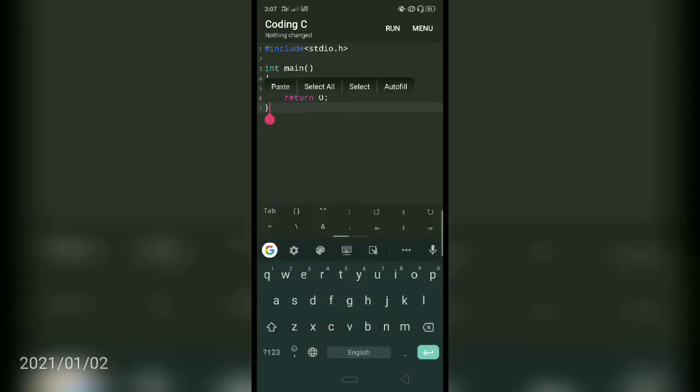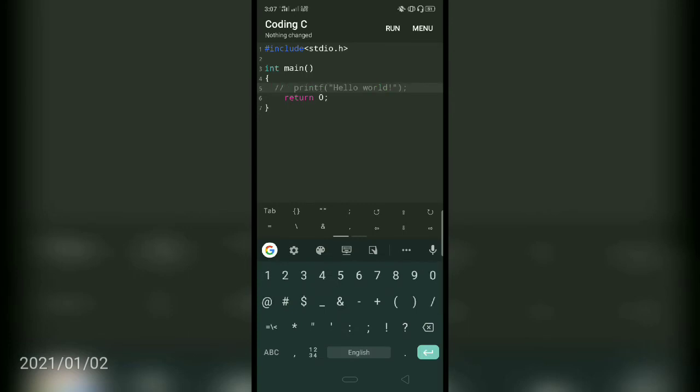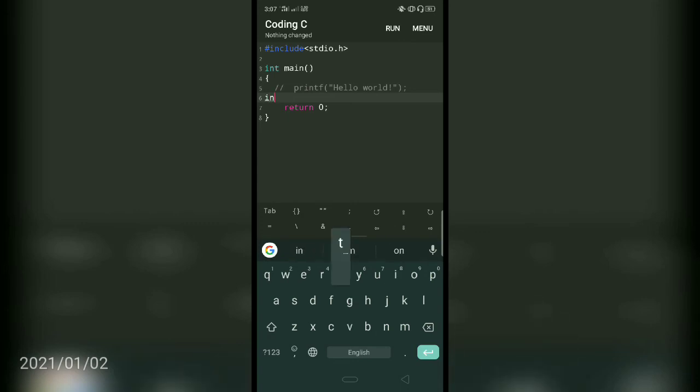So let's write a simple code, addition of two numbers. First of all, we make this a comment. Then we take three integers, so it requires A, B and sum, with sum equal to 0 because there should be no garbage value. We print a message: enter two numbers.